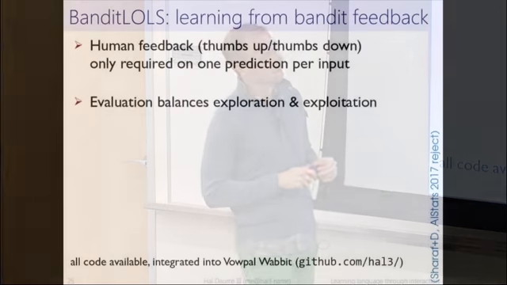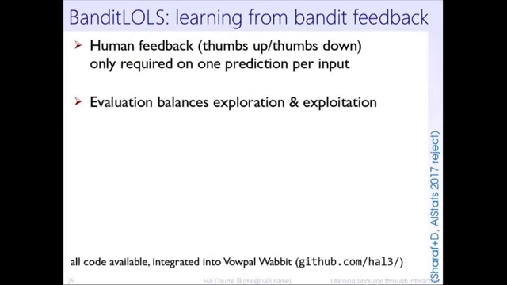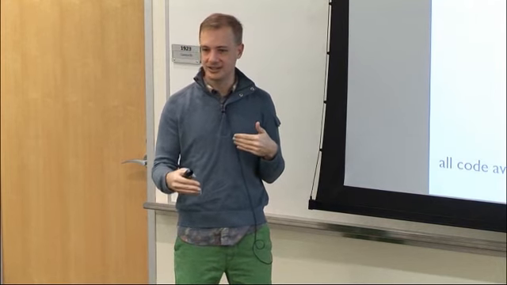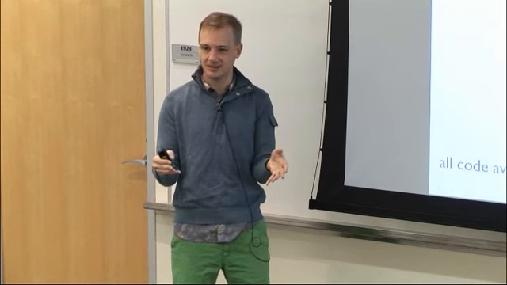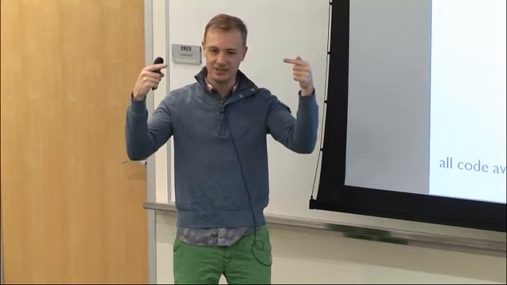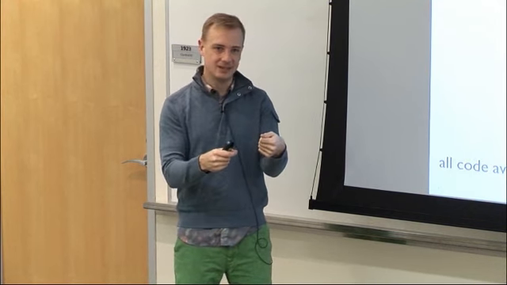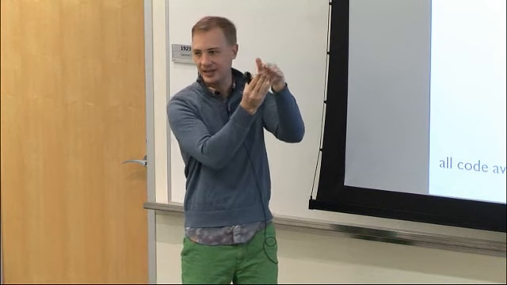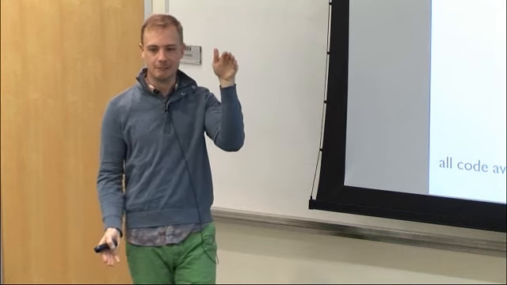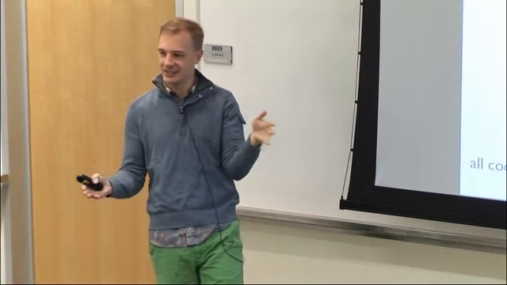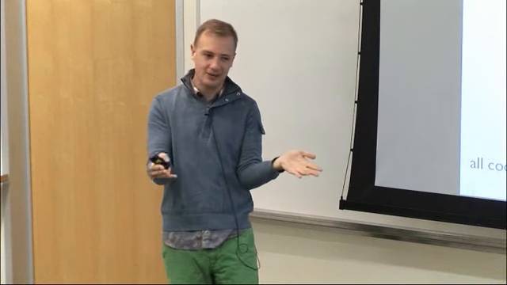Okay, so how are we going to evaluate this? We're going to do this in a running evaluation setting. You have some existing system and you're trying to improve it over time. Every time you get an example, you make a prediction, you get some loss, and then you update the model. Then you get another example, you make a prediction, you get some loss, you update. The numbers that I'll show you are the average loss over an entire run. The important thing is you pay for exploration. If you explore too much, then the user sees a crappy output and gets unhappy with you.